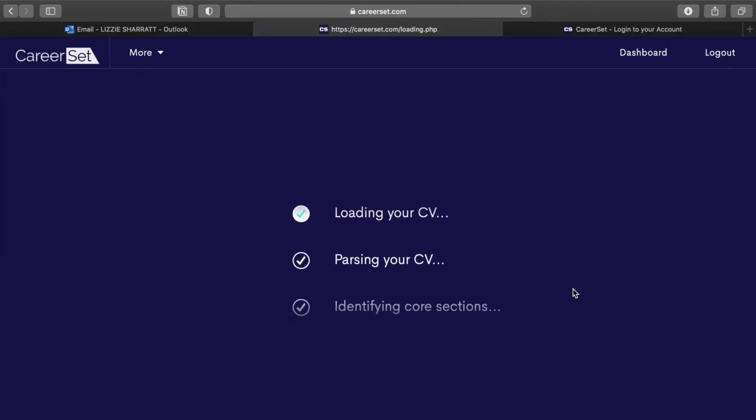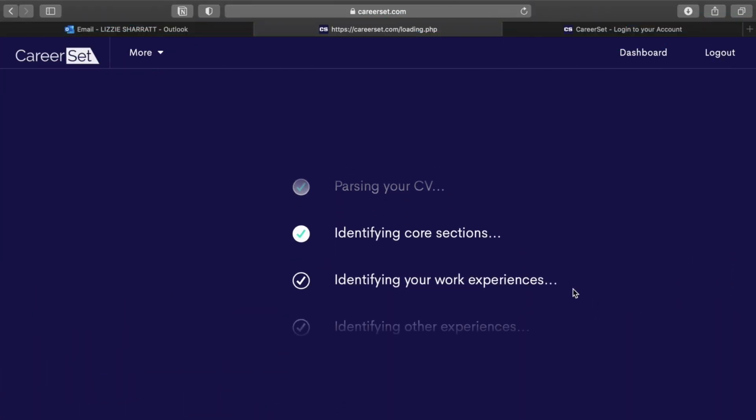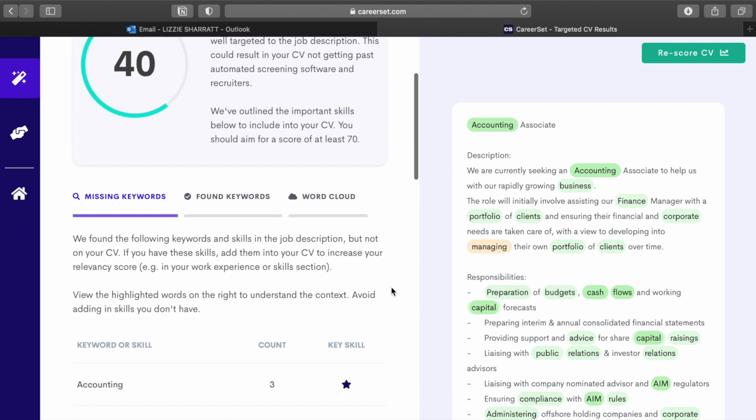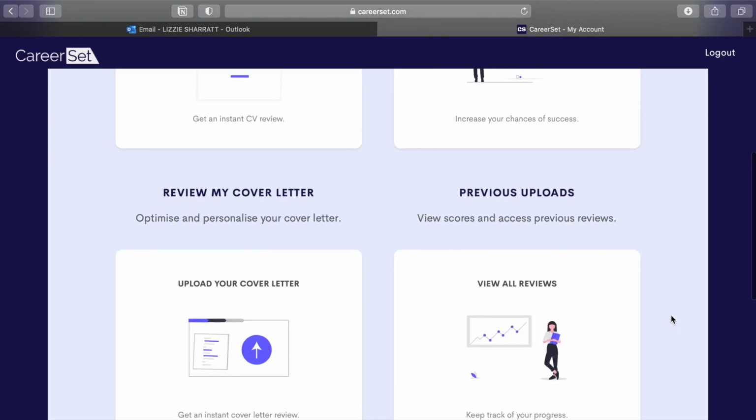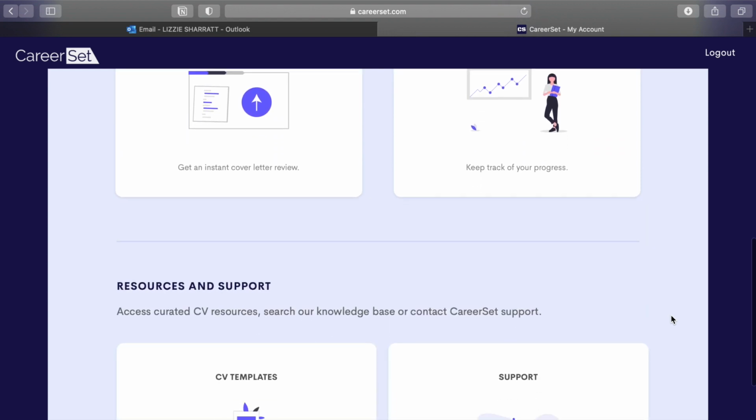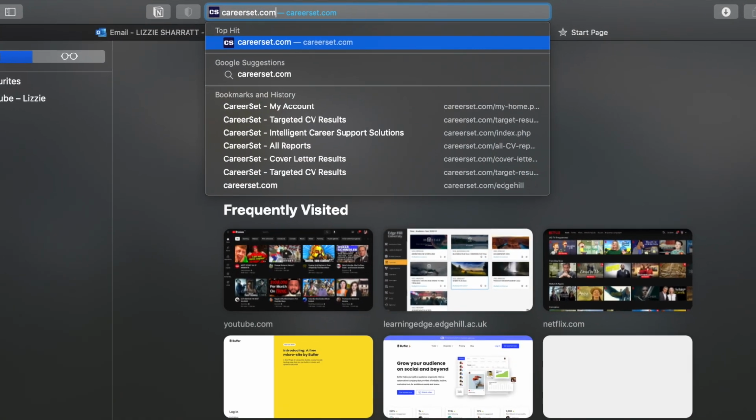This software is free to access for EdChill students and can be used to gain fast, detailed feedback on CVs and cover letters. There are 3 different feedback tools available and each will be marked by a chapter for ease of use. So first of all, you want to go to